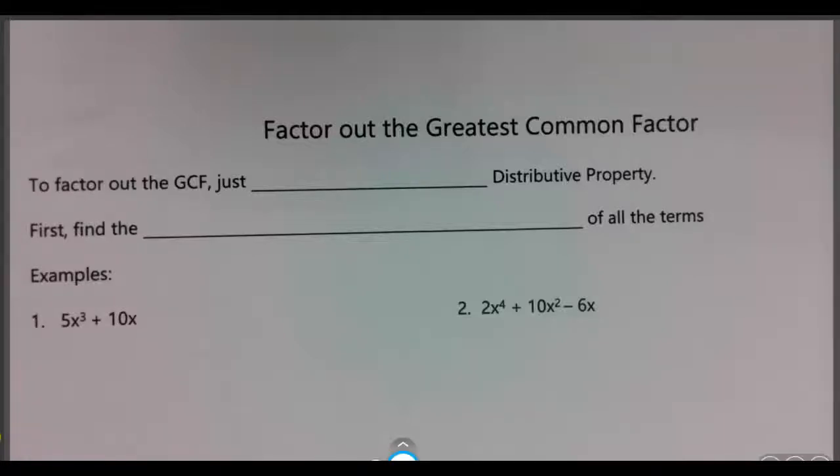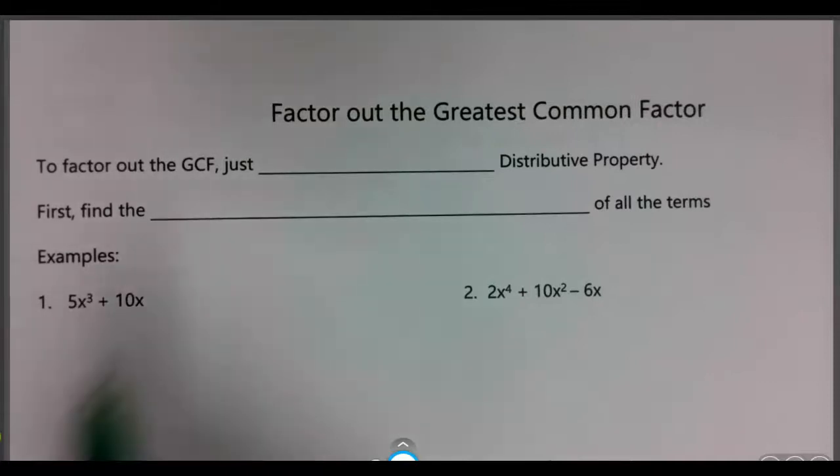Okay, so we've been multiplying. We're now going to get to what I think is a really fun part. We're going to get to factor. So we're going to start off today by factoring out the greatest common factor, and then later we're going to factor by grouping. So to factor out the greatest common factor, all you have to do is reverse